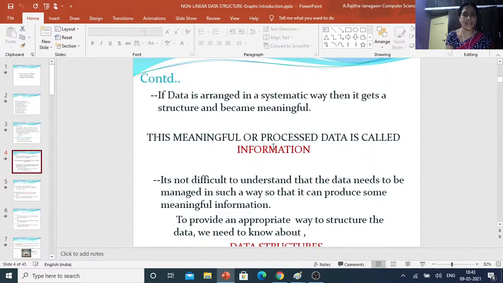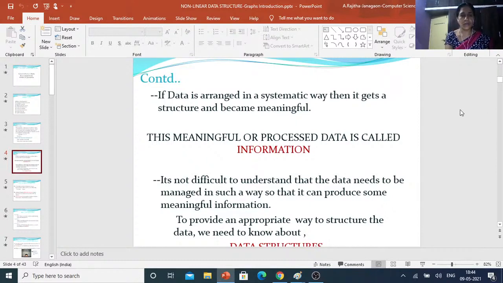That means data is the raw facts, and information is the processed data, the meaningful data. To provide this type of information, we use some appropriate way to structure the data into information. For that we use data structures.